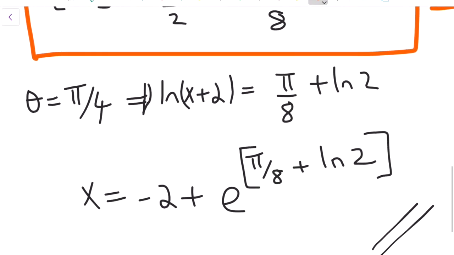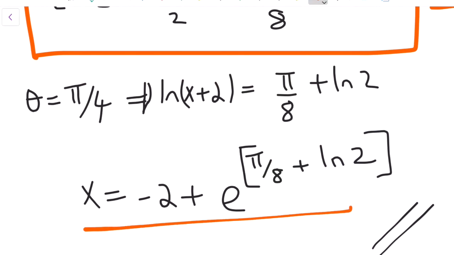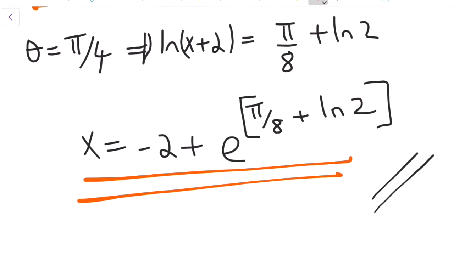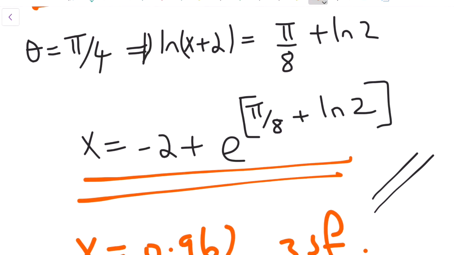So there you go, and you plug in the answer here, and this is what you need to put into your calculator in order to get the right answer, and this should give you x equals 0.962 to 3 significant figures. Okay, that's it for